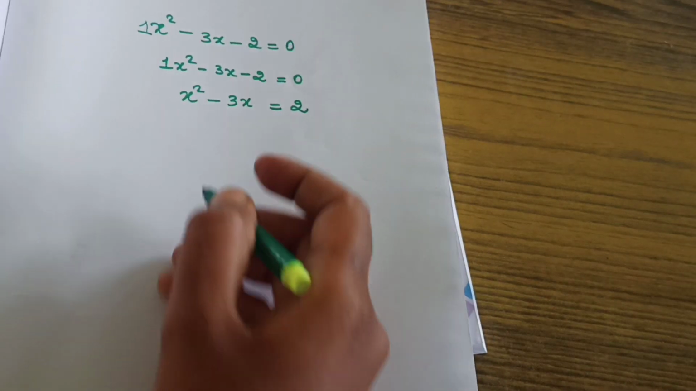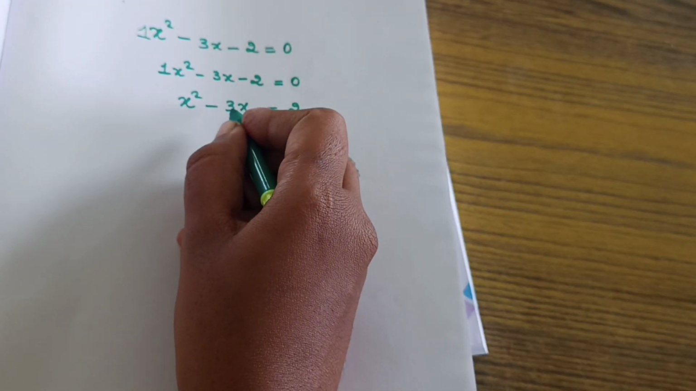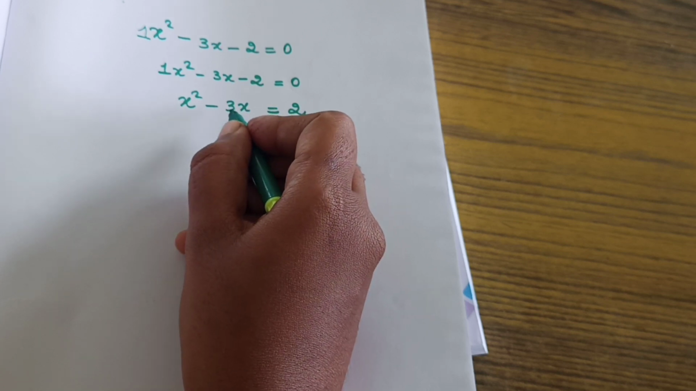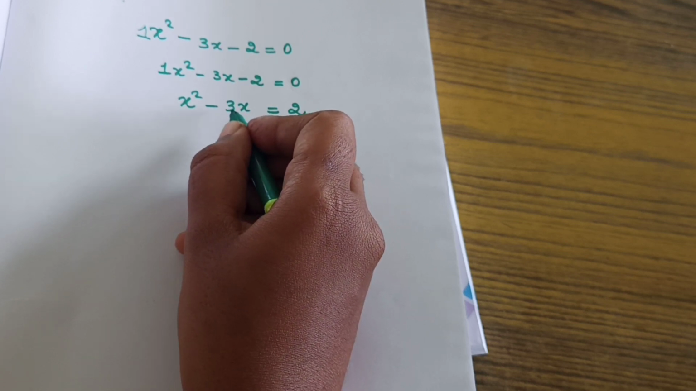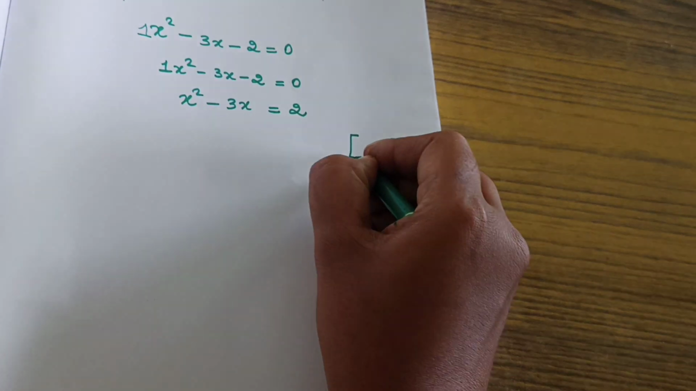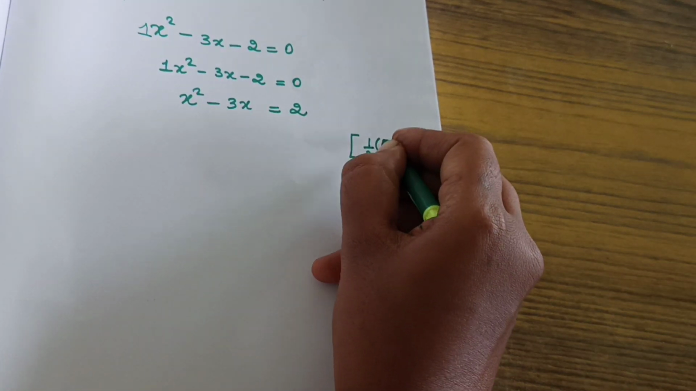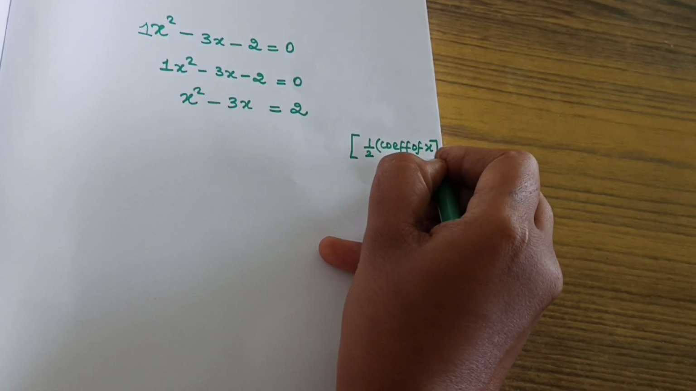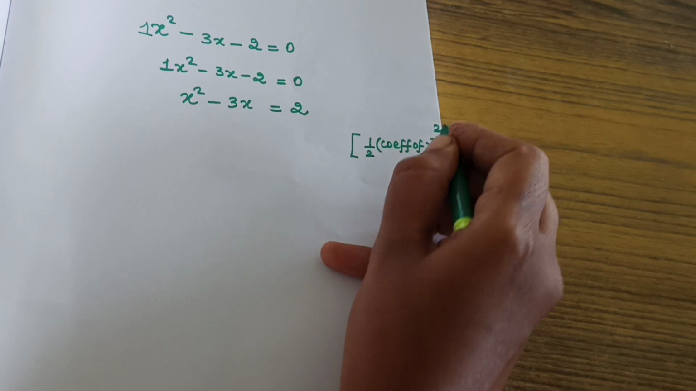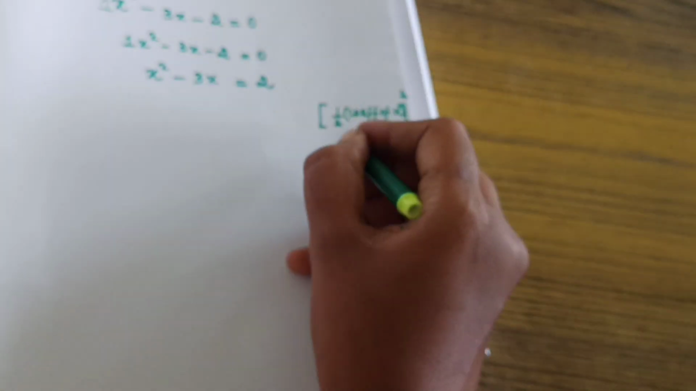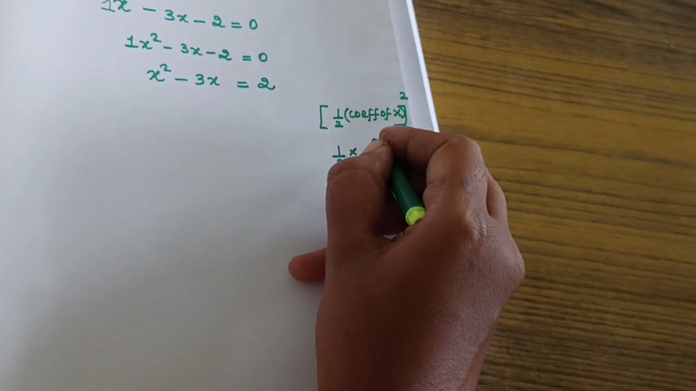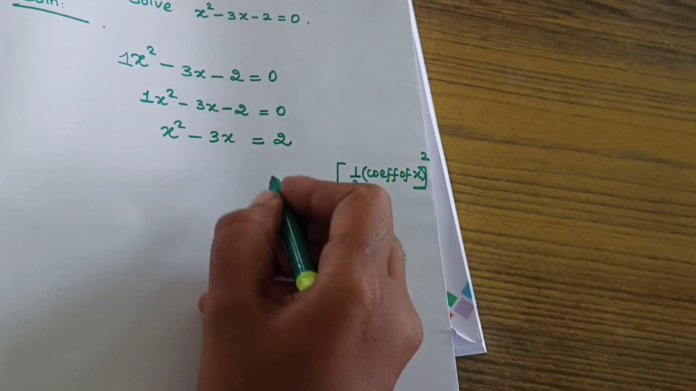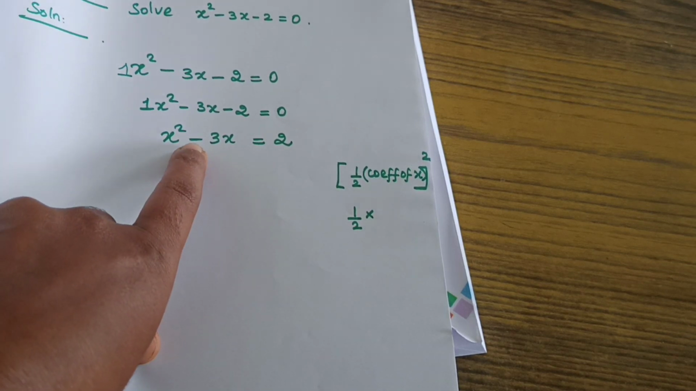See here, you need to check the coefficient of x. What is that? The coefficient of x is 3. So you need to take 1/2 of this 3. That means the formula I will write here: half into coefficient of x, the whole square, we want to add. So what is the meaning? Half into what is the coefficient of x here? 3 only. No need to take the sign,